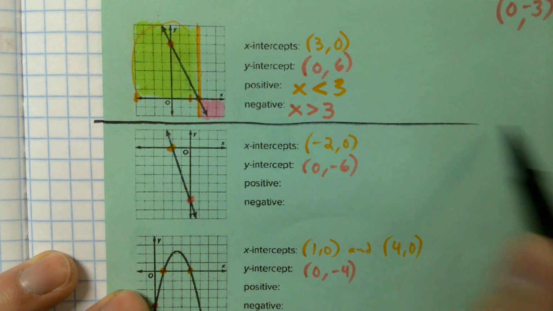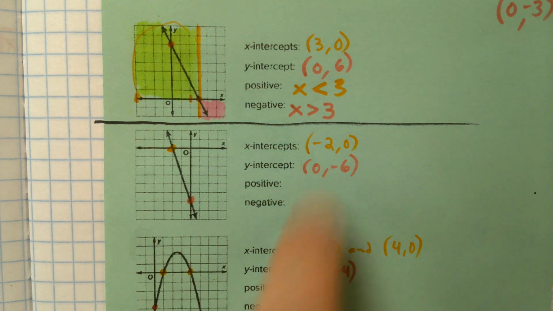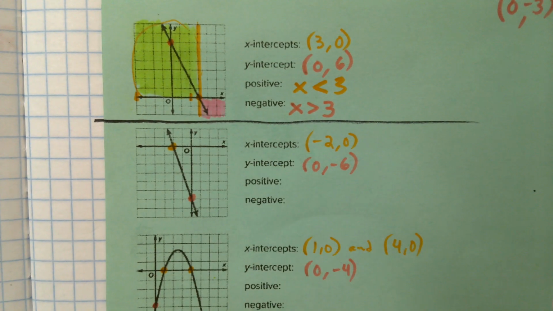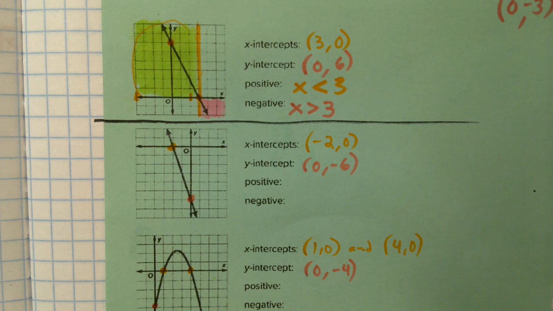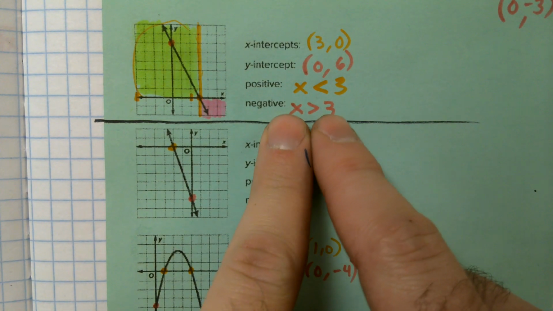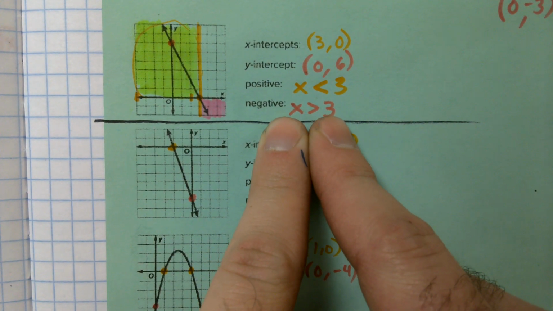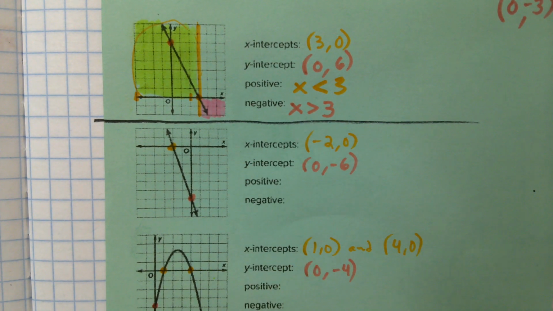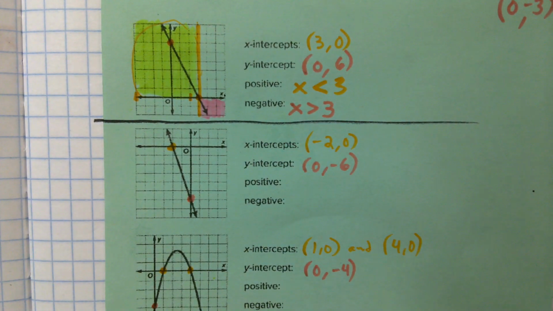So essentially what this positive negative is saying is, when I put in an input, what is my output? That's all it's saying. So when I have an input greater than 3, like say 6,